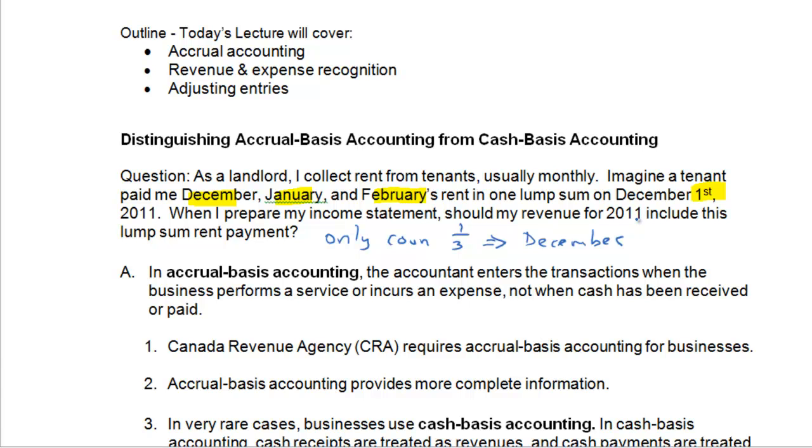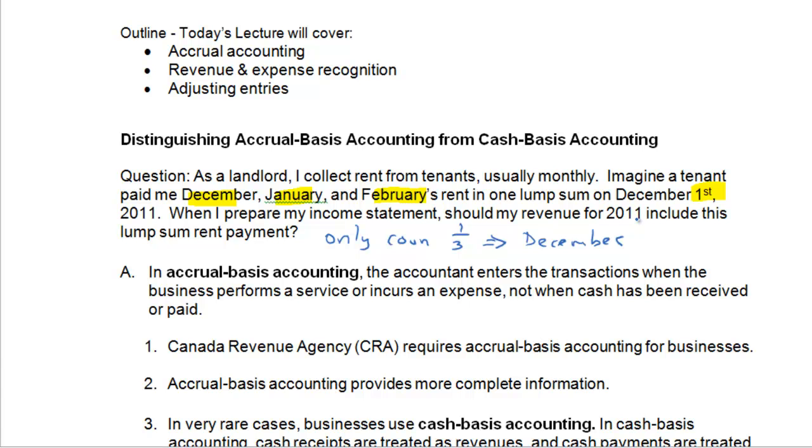I mean, let's ignore the legislation for a second. If the tenant moved out on January 1st, I would owe them back their money that they had paid in advance, right? So I can't count that as revenue at that point in time because I haven't earned it. I only earn it by providing shelter to the tenant over the period of time. So that is what accrual accounting is all about, recognizing income, revenue, and expenses in the appropriate time period, not